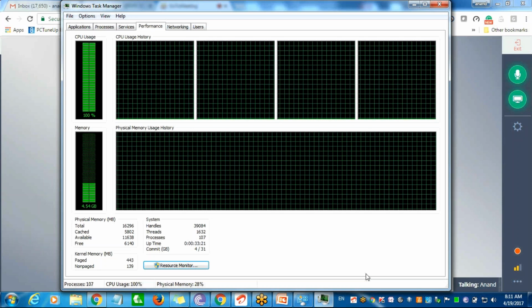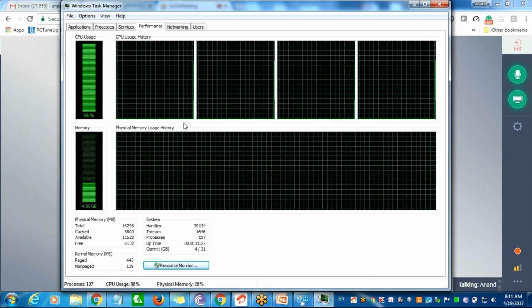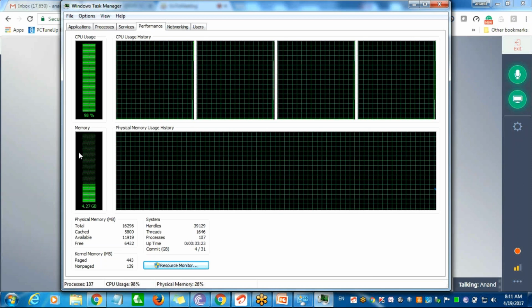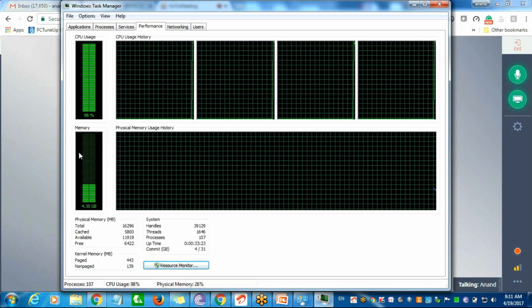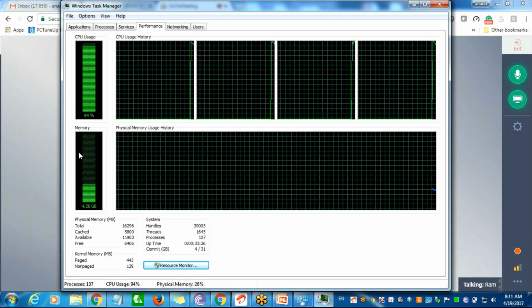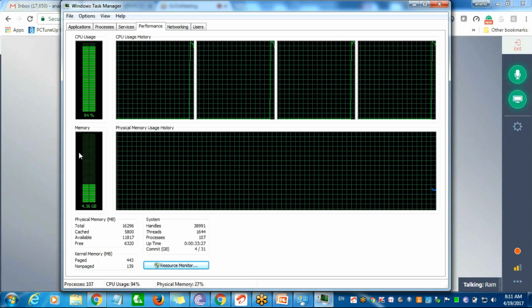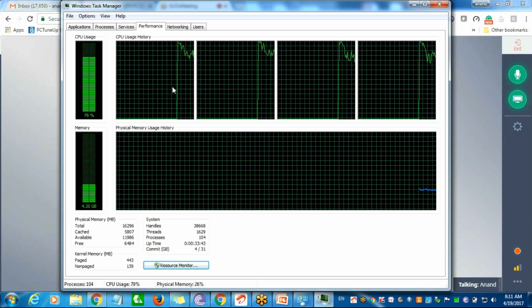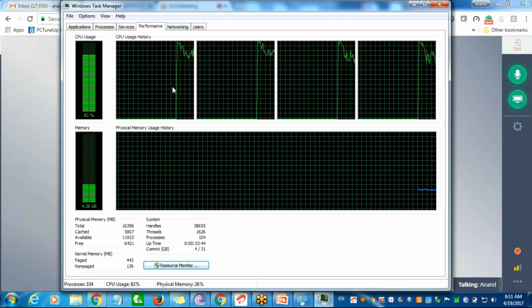Okay, Control Panel. Windows Task Manager. So here, if you see, you can see the physical memory and all. In Windows 7, this is the option. Here in my machine, I have 4 CPUs. Like that, you need to check. And another way is to go to My Computer, right click, Properties. Here you can see this.